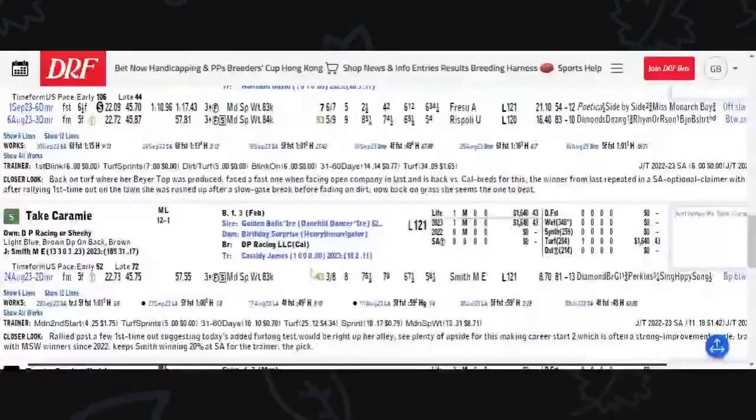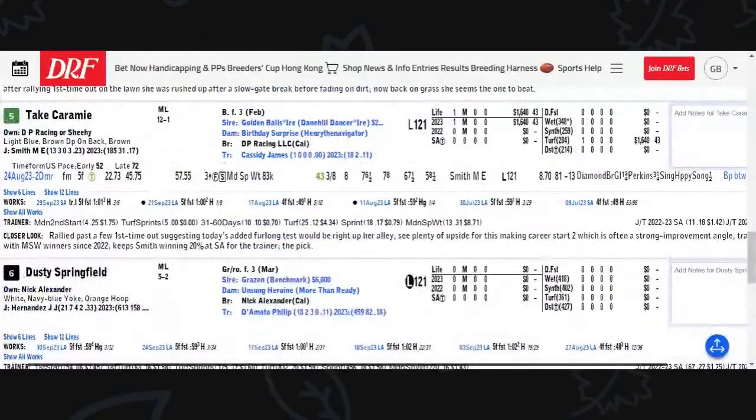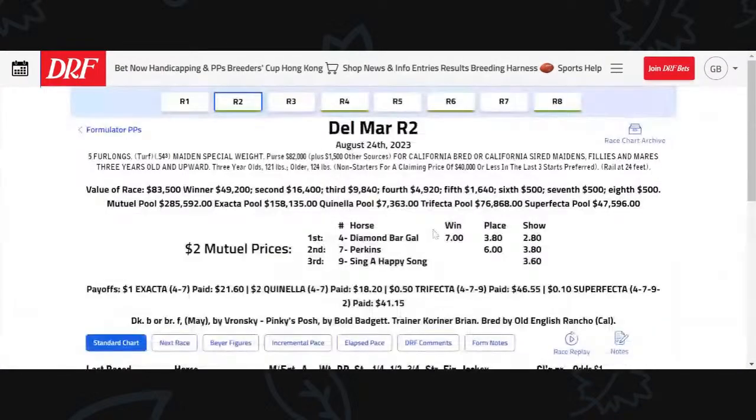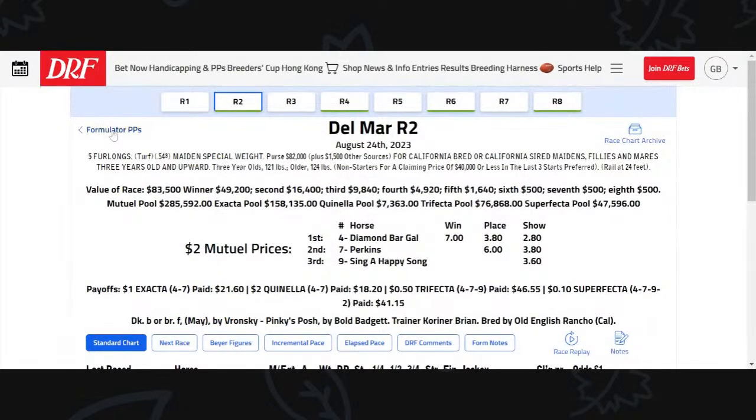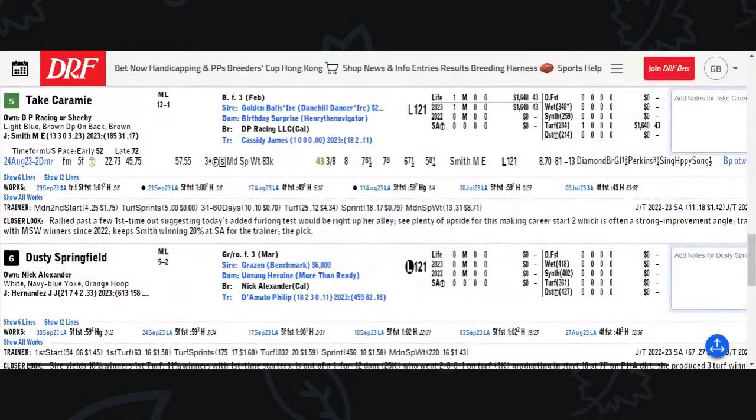Take Care of Me. This 3-year-old filly just completely missed the break. She got bumped around at the start. She was back to 7th of 8th. And in this race, there was no passing at all. You can watch the race or you can look at the charts and just see where these horses were placed. The horses who were forwardly placed early, they ran well. They won. Not a lot of movement whatsoever. So this filly didn't have the best of starts, and she's in a tough spot in a race where there's